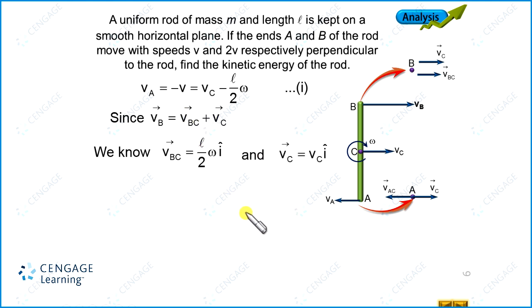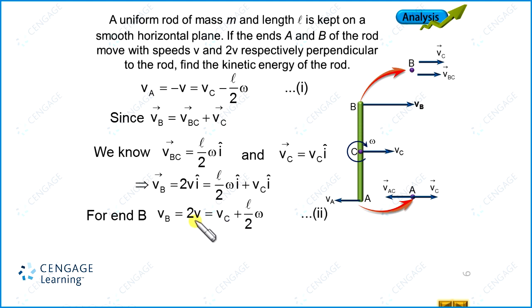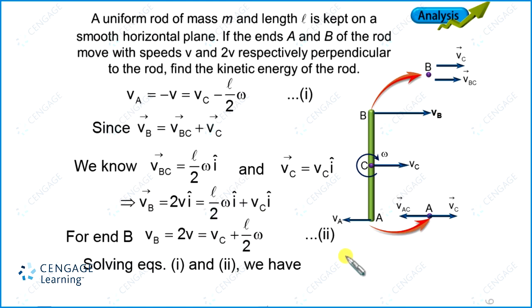Now we can substitute these two values like this. Okay, and we know this velocity is given as 2v, that's why we have written 2v i cap. Now here we can ignore i cap. So velocity of end B will be equal to 2v equal to Vc plus L by 2 multiplied by omega. Okay, now let us write these two equations. First equation is minus V equal to Vc minus L by 2 omega, and second equation is 2V, that is